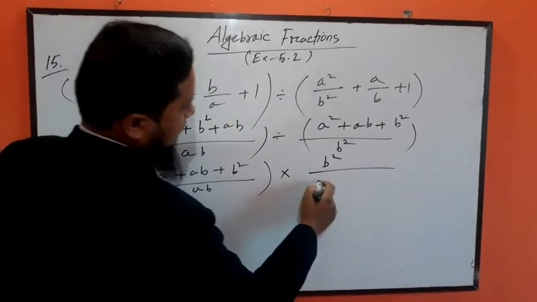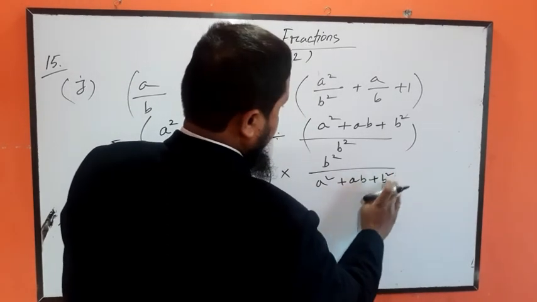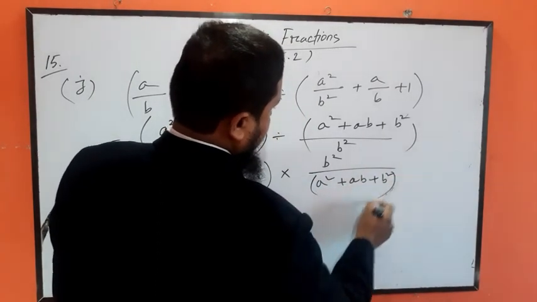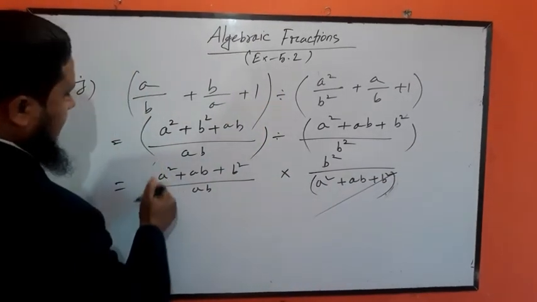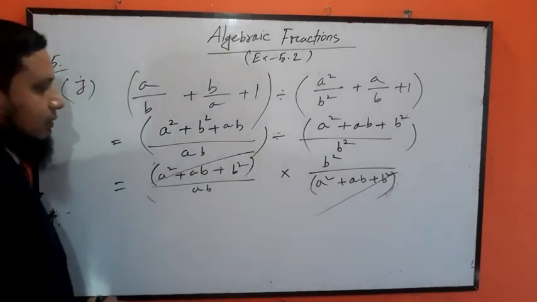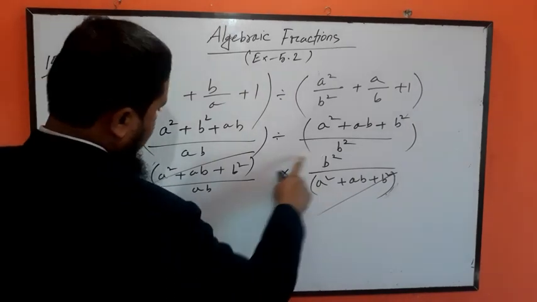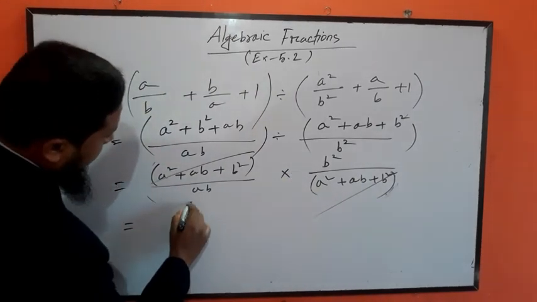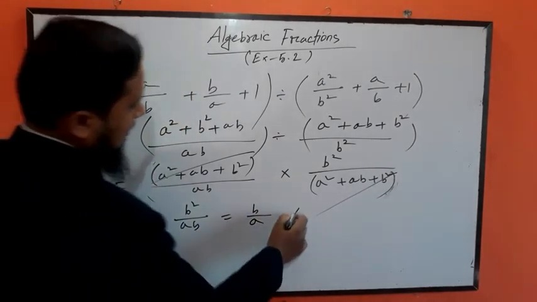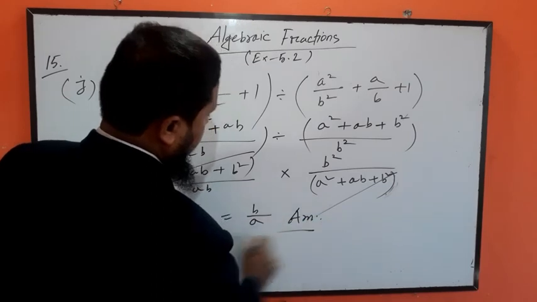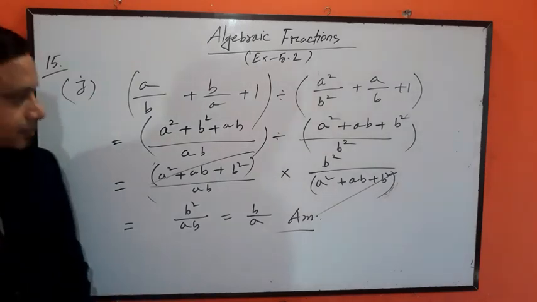Now the denominator will be the numerator and the numerator will be the denominator, the inverse fraction of this fraction. We can write it this way actually. This is one line short, this is cancelled, same thing, here B square and here given AB, B square by AB, so it will be B by A. This is our answer. This is very easy, not a difficult one.